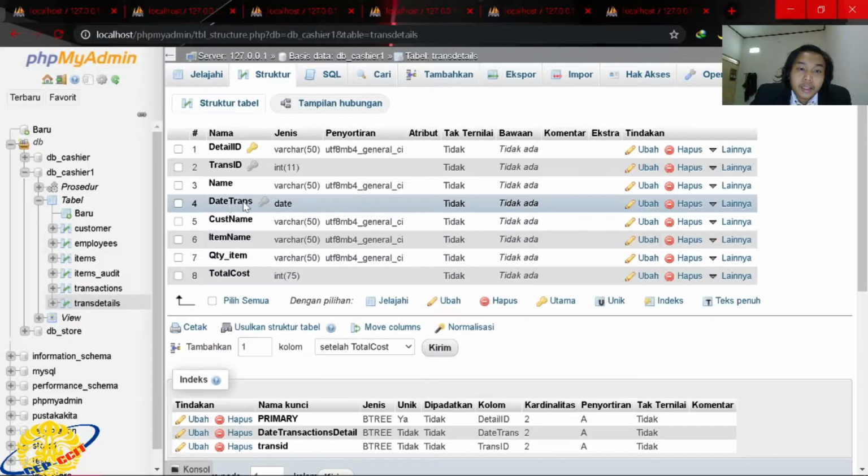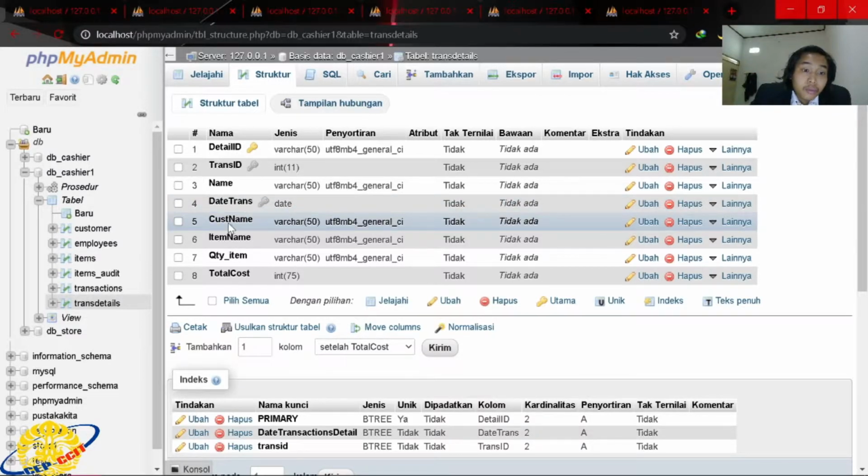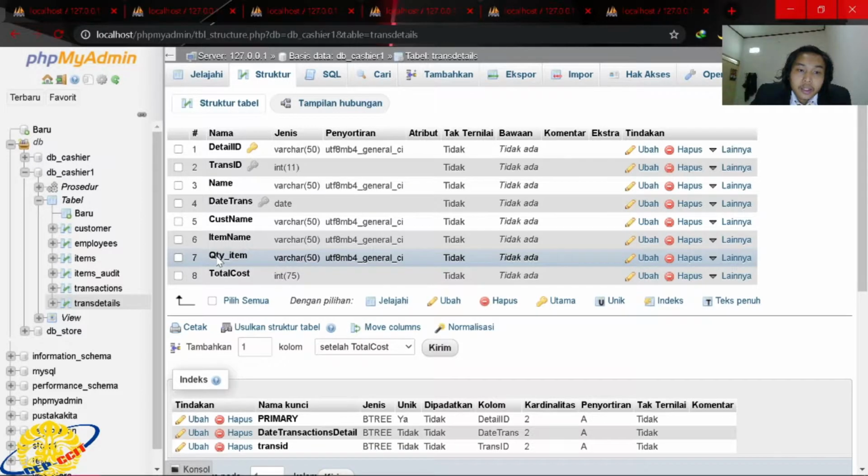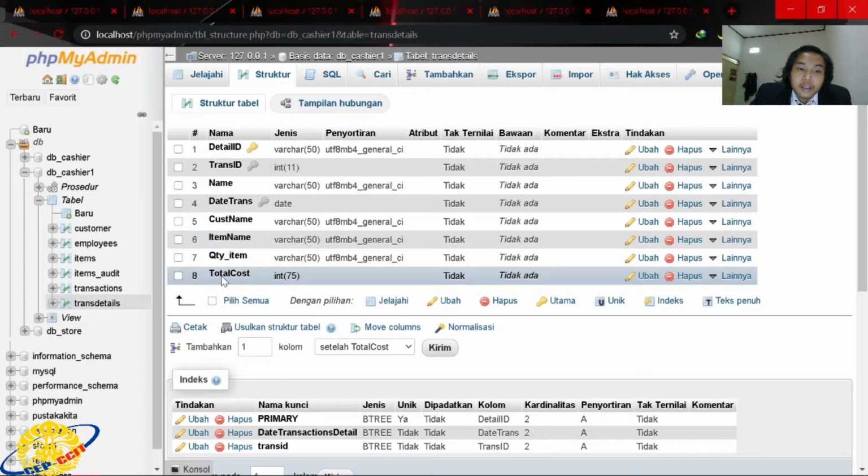Fourth is date trans, the index is date transaction detail, the type is date. Fifth is cash name, varchar 50, sixth is item name, varchar 50, seventh is quantity item, varchar 50, and the last is total cost, integer 75.